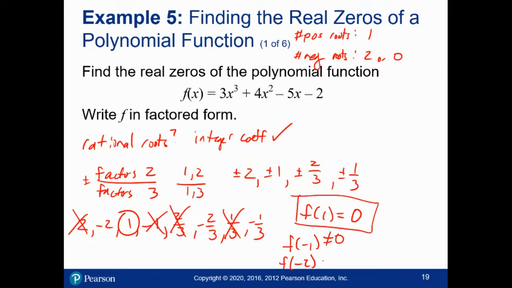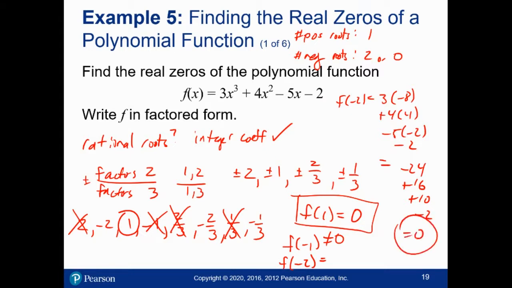What about f of minus 2? Well, now I actually have to write it out, so let's try it. F of minus 2 is 3 times negative 8 plus 4 times 4 minus 5 times negative 2 minus 2. This is negative 24 plus 16 plus minus 2, which is 0. Yay! So negative 2 is a root,